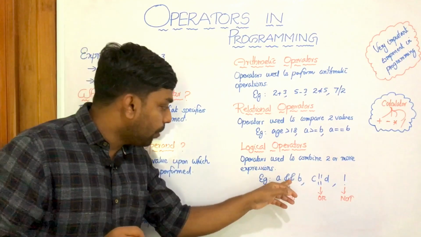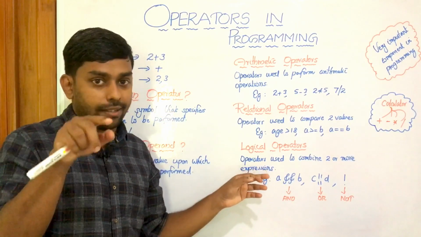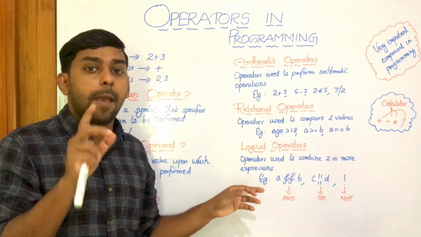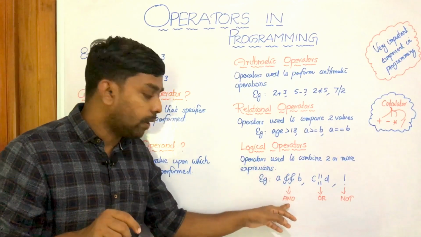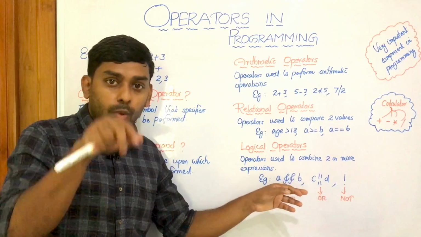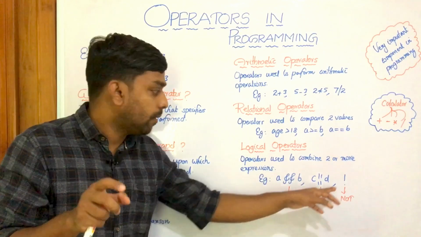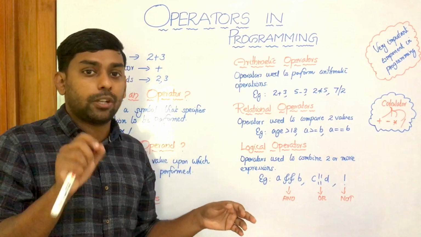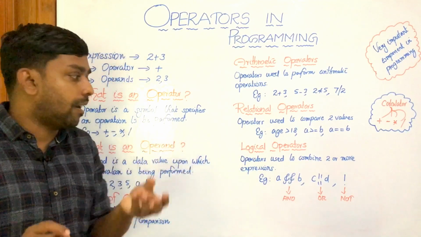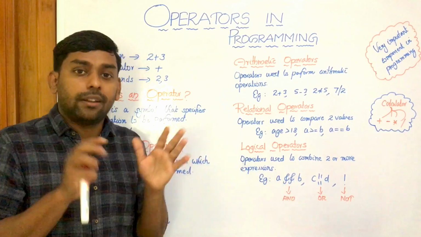Here we are using two ampersand signs for and. We are not using one, we are using two symbols. That's what and is. Then or, two or signs. The operator name is or, and finally not, the exclamation mark. That's what not is. We'll be doing this when we start programming. For the time being, you just need to understand these are the operators and the definition.